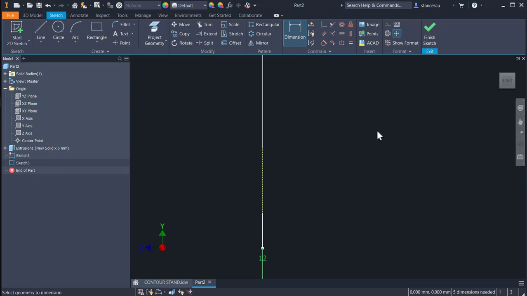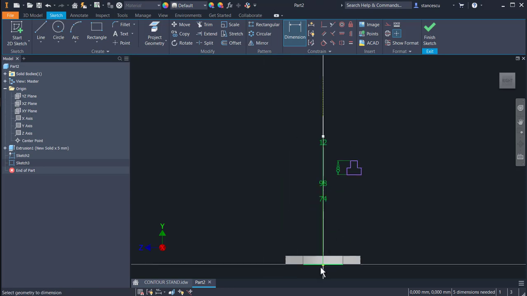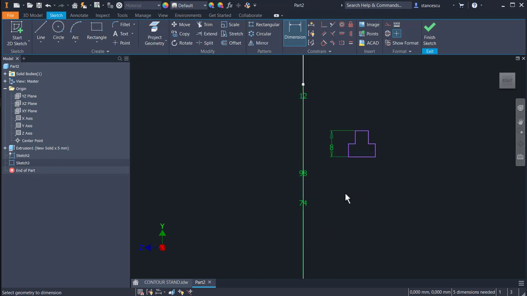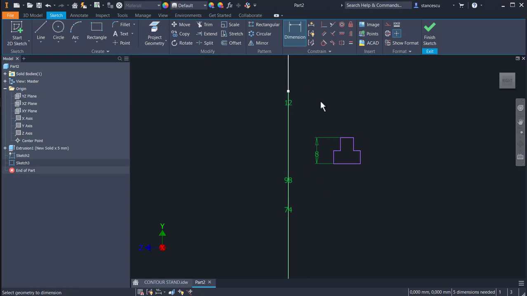Where is the center point? Yes, always. This is the center point, and this is homothetical section with the one we draw here. Yes, all the lines are oriented to the center line, center point. 8, 8,